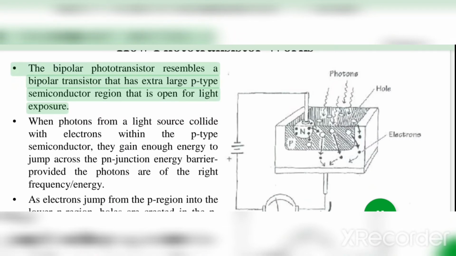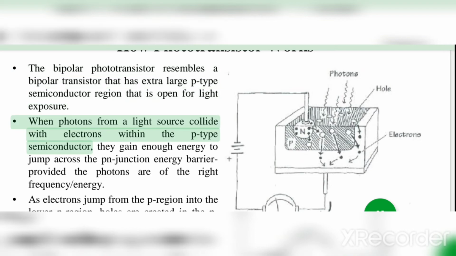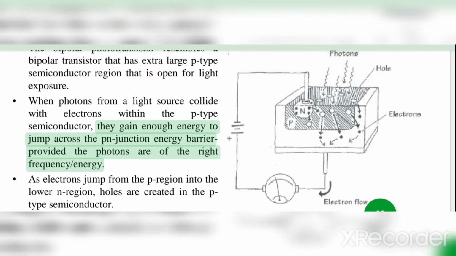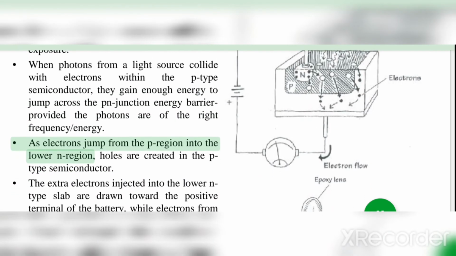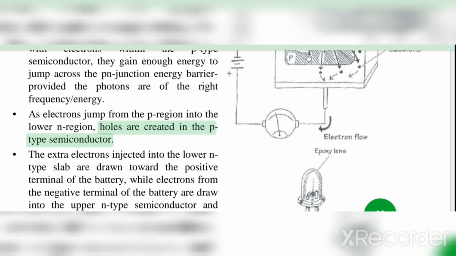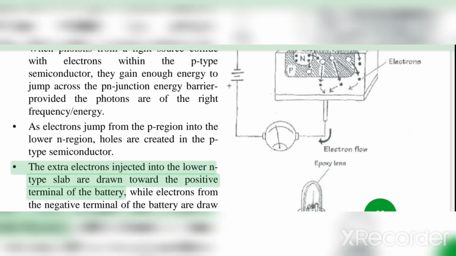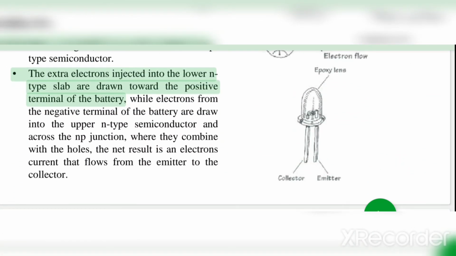The bipolar phototransistor resembles a bipolar transistor that has an extra large p-type semiconductor region that is open for light exposure. When photons from a light source collide with electrons within the p-type semiconductor, they gain enough energy to jump across the p-n junction energy barrier, provided the photons are of the right frequency and energy. As electrons jump from the p region into the lower n region, holes are created in the p-type semiconductor. The extra electrons injected into the lower n-type